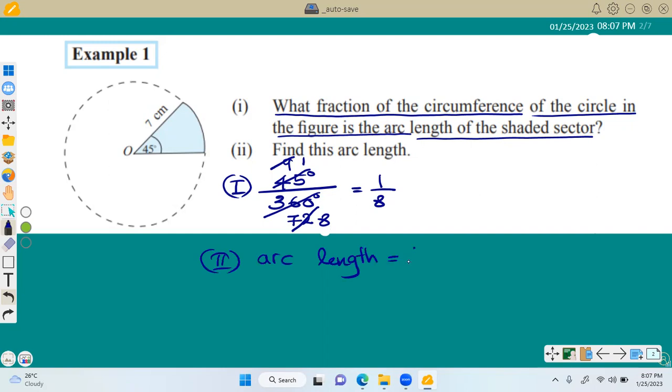1 upon 8. You can substitute this fraction at once. 1 upon 8 times the circumference of the circle. Then 1 upon 8 times 2πr. Now we know how we expand this one. It is 2 multiplied by π, which is replaced by 22 upon 7, because we know last week I mentioned to you